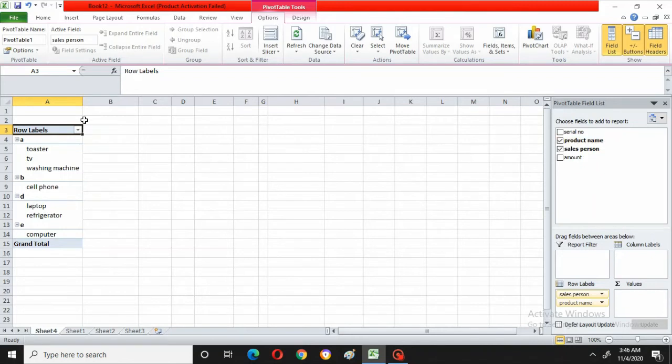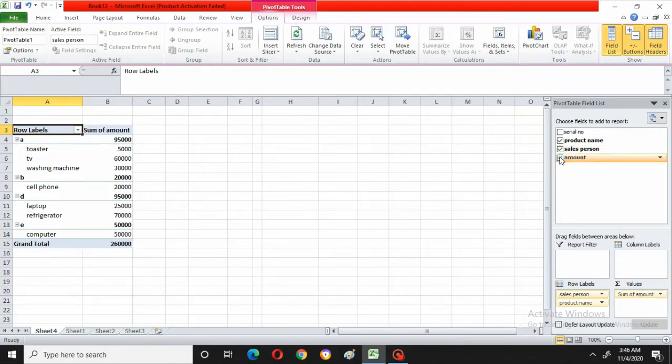See, again it is showing A has sold three products, B has sold one product, D has sold two products, E has sold one product. Okay, now I will go for the amount. I will click on the amount. Automatically it will go and sit in values, right? Now can you see here?